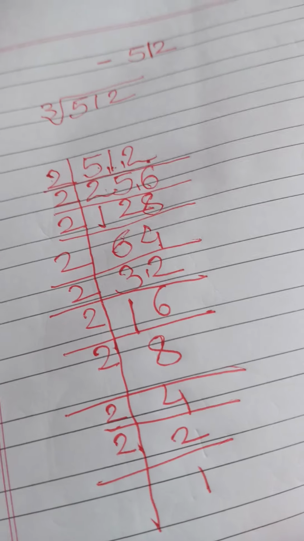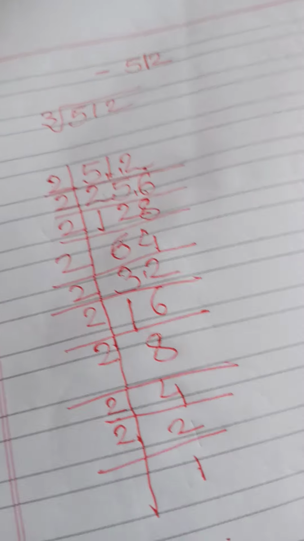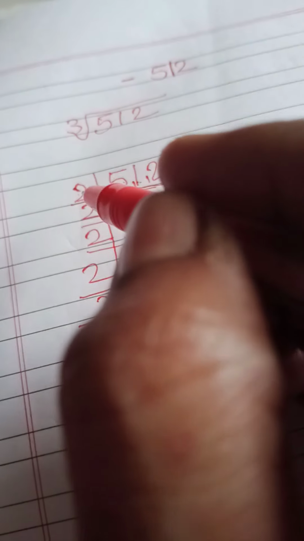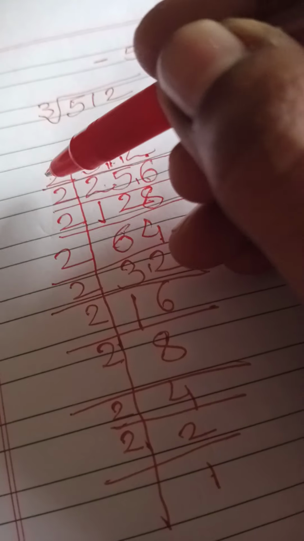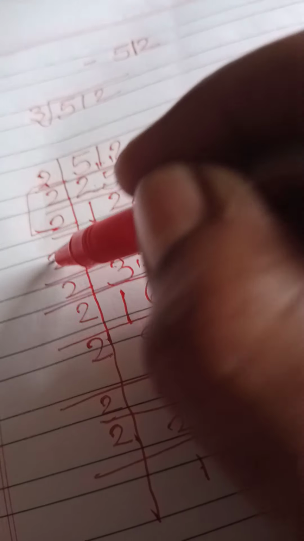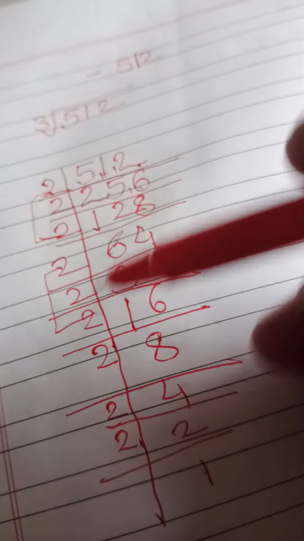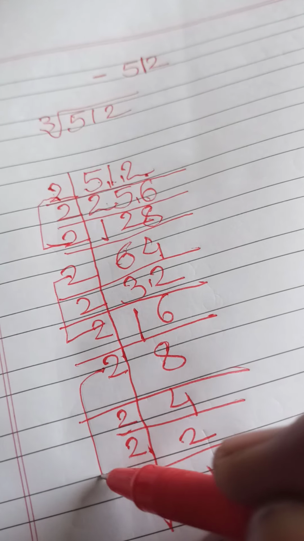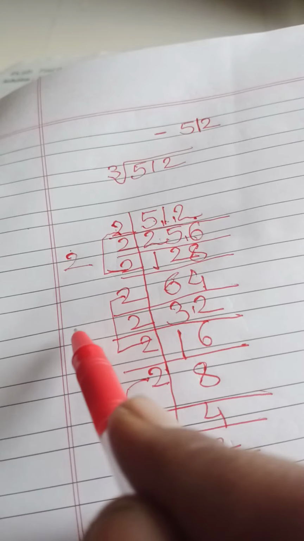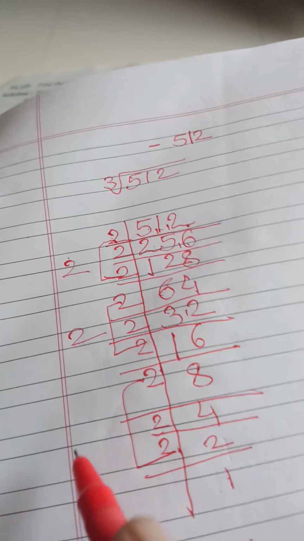Now here I have the 1, so my division is complete. Now I'll take the numbers in groups of 3. Here I have 3 numbers, 2 2 and 2, then again 2 2 and 2, the second group, and here I have the third group. The number in one group, I'll take it once. So here I'll have 2 2 and 2.